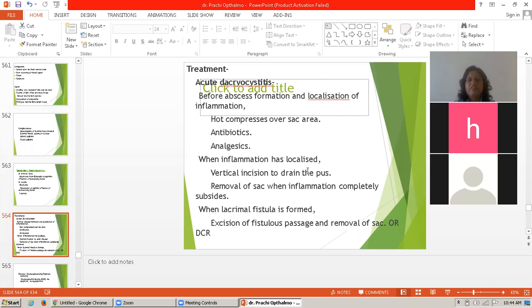And when the inflammation has localized, a vertical incision to drain the pus, with removal of the sac when the inflammation has completely subsided. So when the inflammation has localized, a vertical incision is required to drain the pus, and